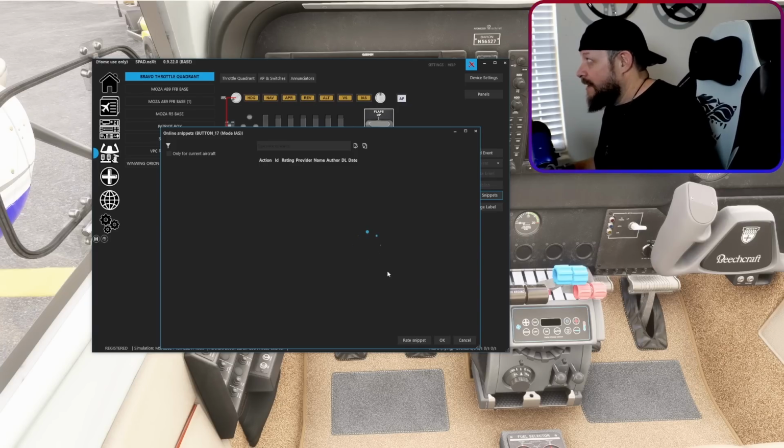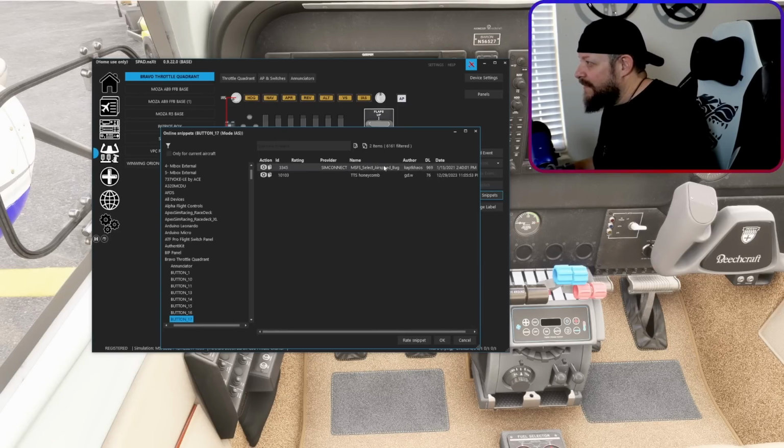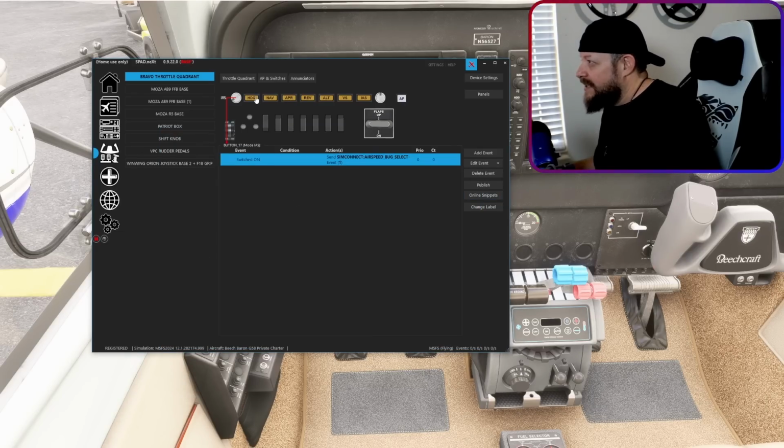Sometimes it can take a little while. It's all based on how fast the connection is to the database, to the server. Okay, and now we're going to find right here, airspeed bug. Select OK. That one's done. Now we're going to move it up. It's on course. We're going to just go to online snippets, and we're just going to keep rinsing and repeating